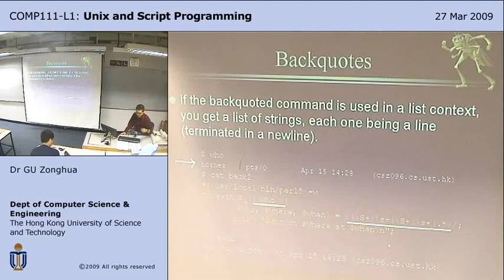Big S means non-space. Small s means a space, tab, or newline. So big S means non-space. So this is saying